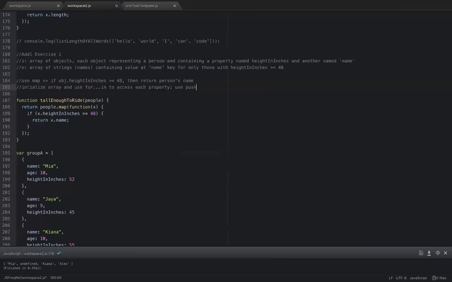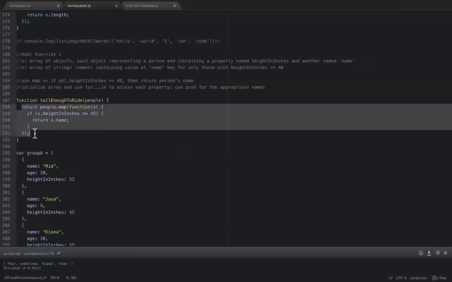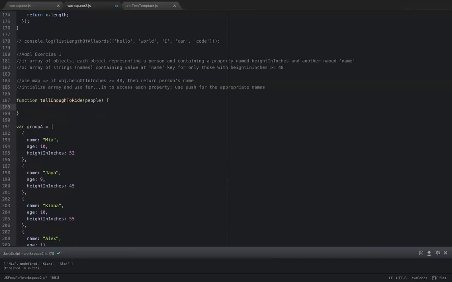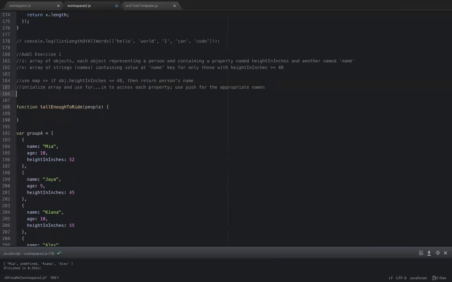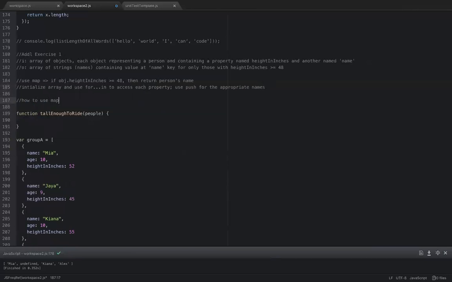And then I'll use push for the appropriate names. So I'll do it that way instead. Make a note to myself how to use map, how to get map to return a different number of units versus the